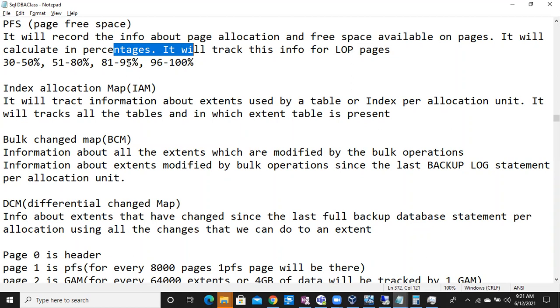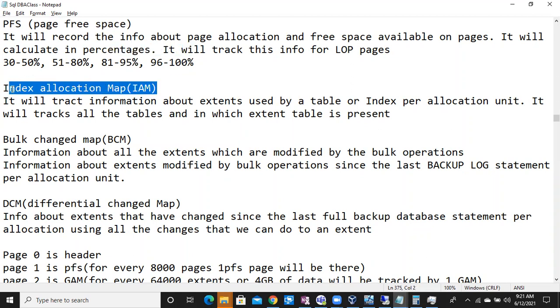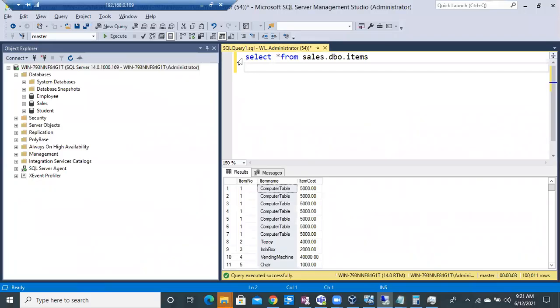Very good. Next is the IAM page. IAM means index allocation map. Let me give you an example here. Whenever I run this query, select star from sales.dbo.items, the items table is stored on multiple pages, right? Whenever I run select star from the items table, how do I get all the items records?